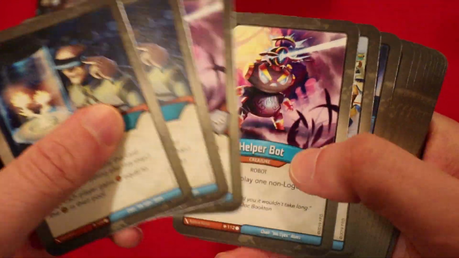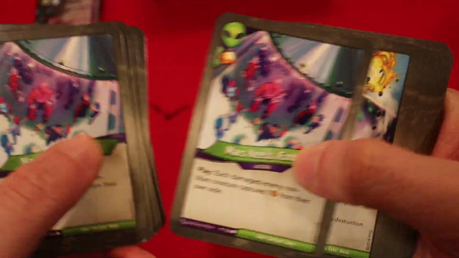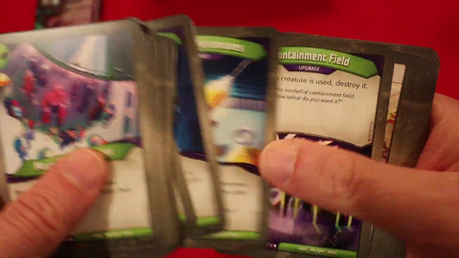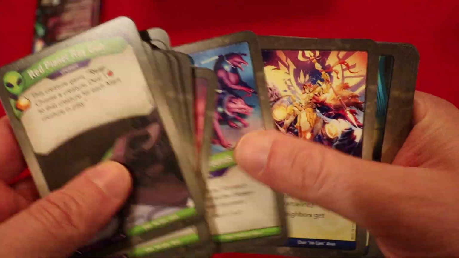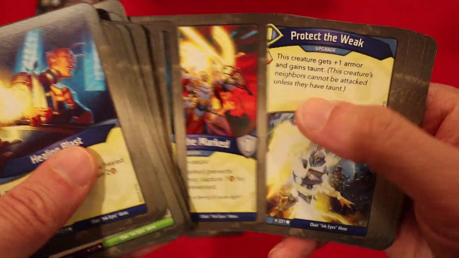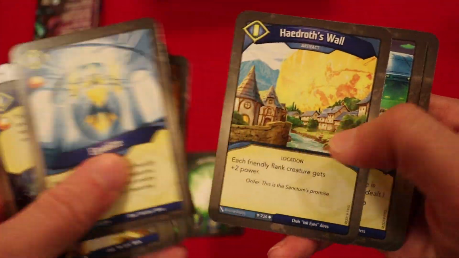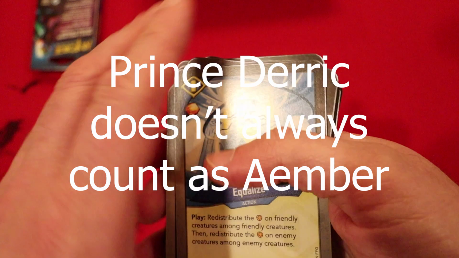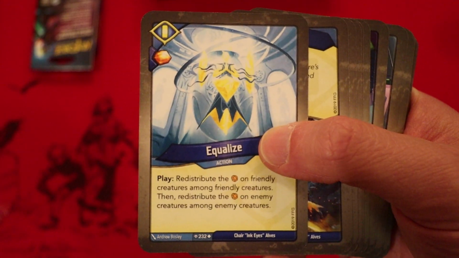But let's count up our amber first off. 1, 2, 3, 4, 5, 6, 7. How much did we have in Sanctum? 8, 9, 10, 11, 12. Okay, 12 is pretty low for Amber, especially because I don't remember any capture inside of